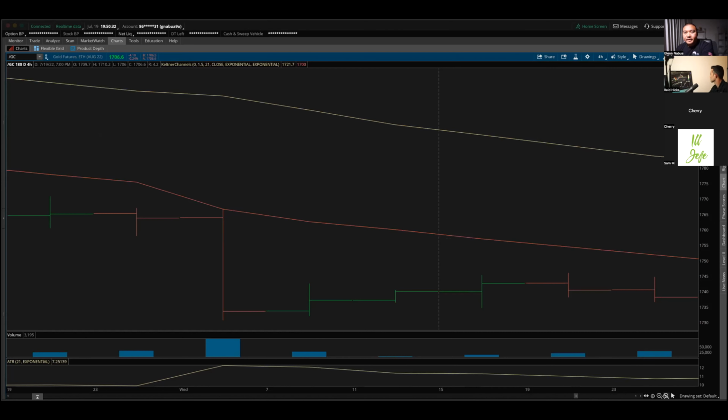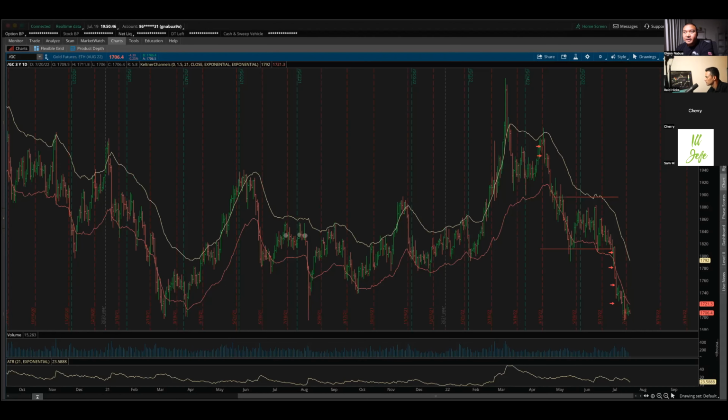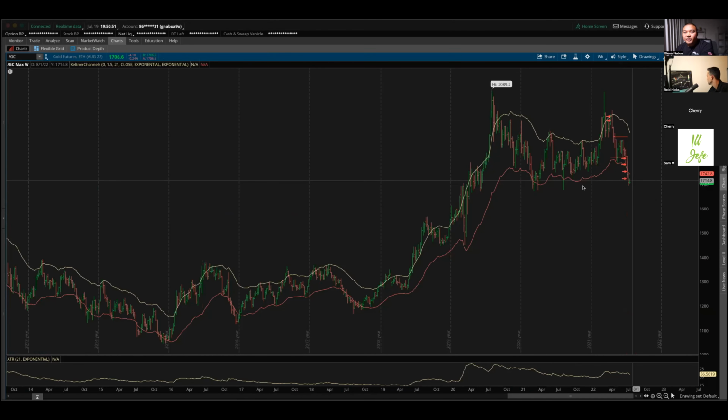So this is a nice runner here. It's probably in its fourth ATR move here. It made a low of 16.95. Where will gold go? Right now it's bearish. So something to look at. We are approaching the previous low of 16.95. Oh, we touched it, so we're hovering at that low that was established last year in March. So the next level below that would be 14 or 1500.